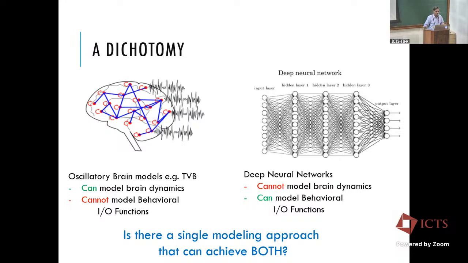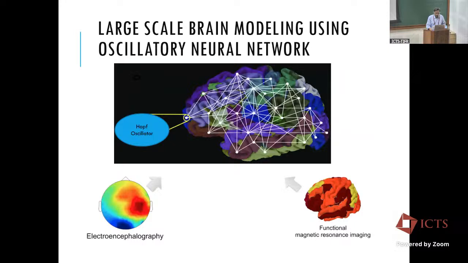It's very artificial. So can the same model have both features? Can it have the rich dynamics of brain internally? And can it also learn to solve problems like classify images and move a robotic arm, things like that? Can the same model do both? This is a problem. And I think our models can do this. But in the literature, it's still an unsolved problem.